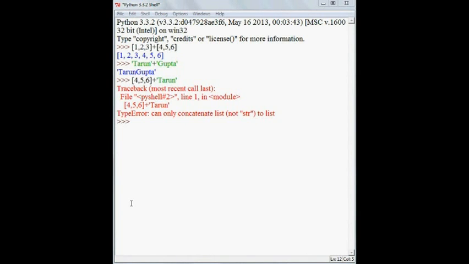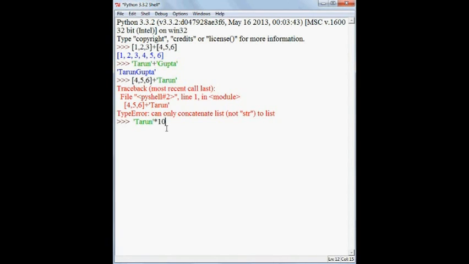Another thing I want to tell you is how to multiply a sequence. Say you have a sequence or string like that. Let's take my name again as a string, and you want to multiply it by 10. You might be thinking, how can we multiply a string with an integer number? Well, it can happen.